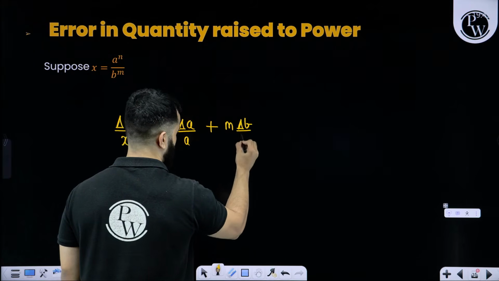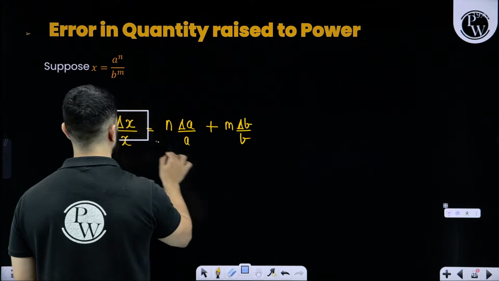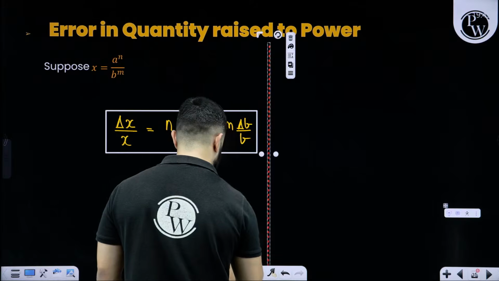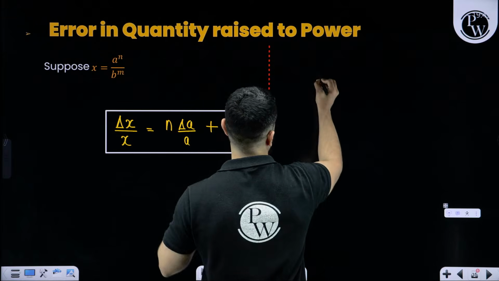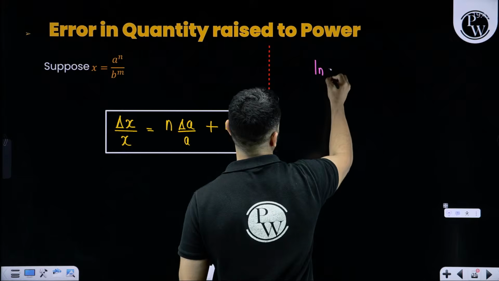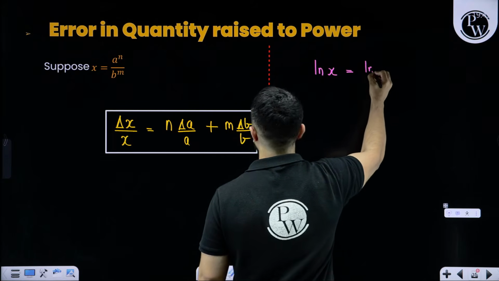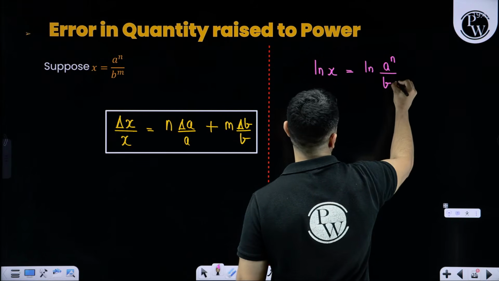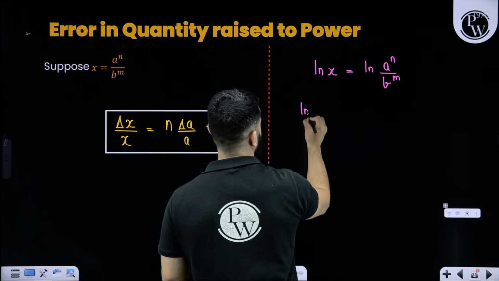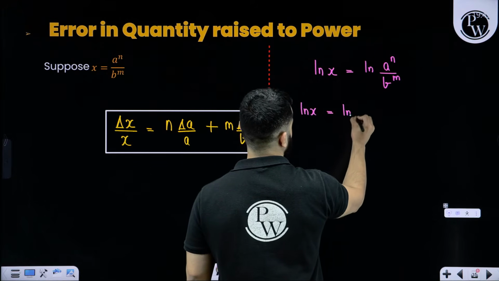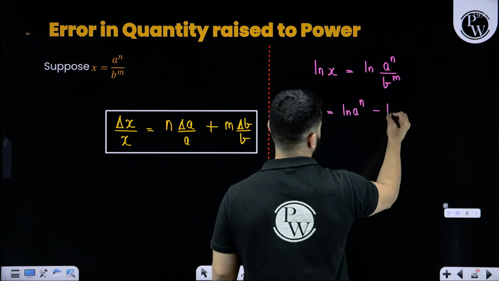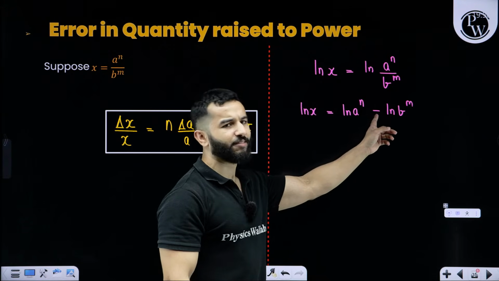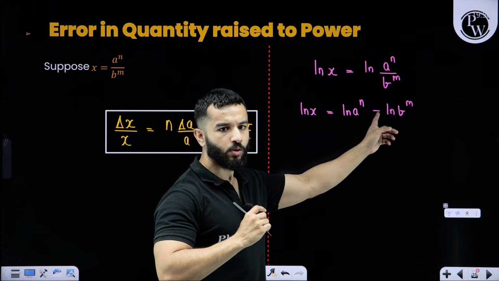Now, if any student wants to know how we have come to this conclusion, what we are going to do is write natural log on both sides. So natural log x is equal to natural log of a raised to the power n whole divided by b raised to the power m. First we are going to split using the property of natural log. So natural log a raised to the power n minus natural log b raised to the power m. Doston, we are going to again rewrite this negative sign as a positive sign, because we want to